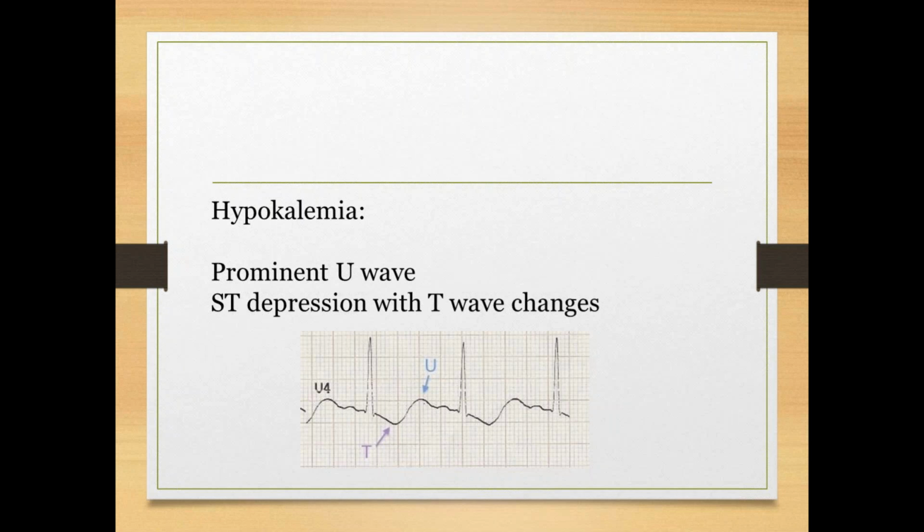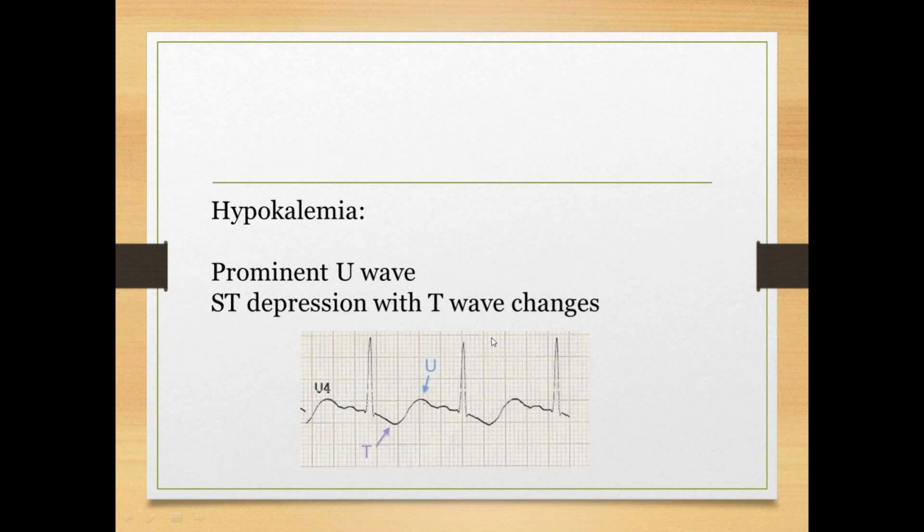U waves. U waves happen after the T wave. Here you have the P wave, QRS complex, a T wave followed by a U wave. There are T wave inversions and ST depression here, and then there is a U wave. So you can see there is a P, this is QRS, T wave inversion, and then one wave again coming up, that is the U wave.